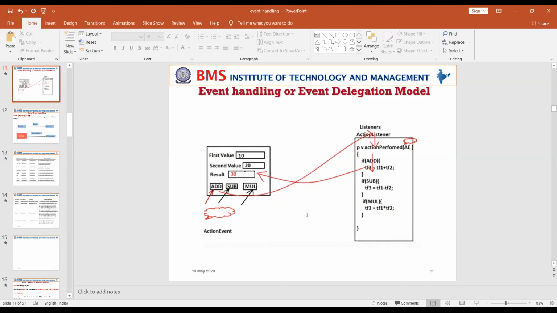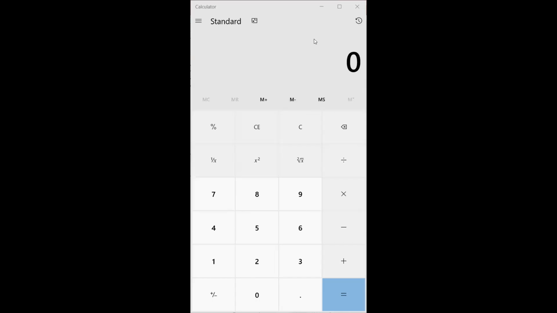For example, let me open the calculator, share the screen. Suppose I have opened a calculator here.